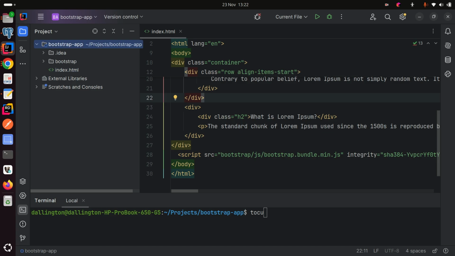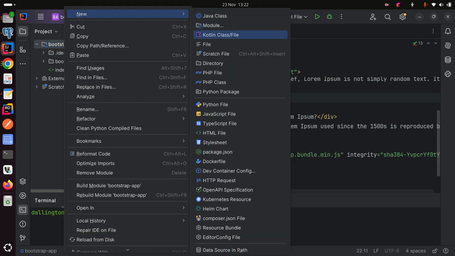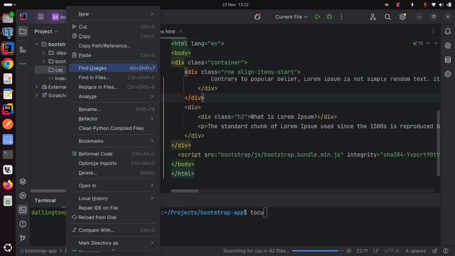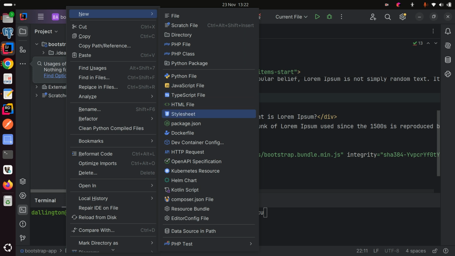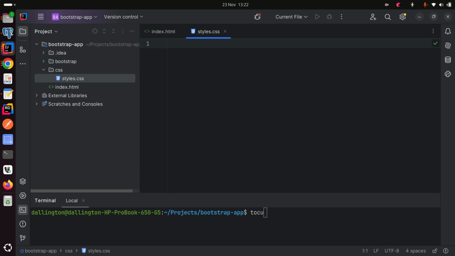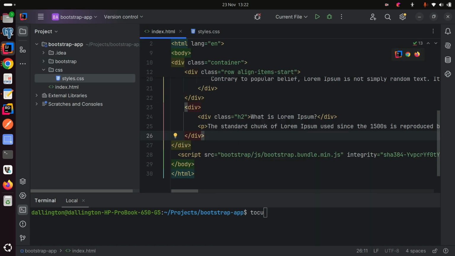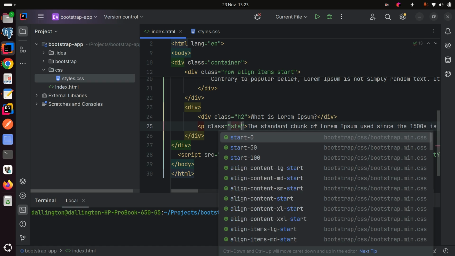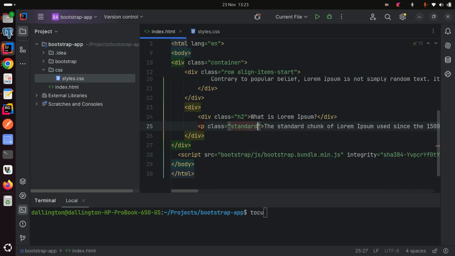So for example, I like using external CSS. So I create a folder here. I call it CSS, and then I create a style sheet. I call it style or styles. So it's here. I can say maybe this one, I create a class, my own class. I say maybe standard. So what I've done is I've created a CSS folder, and I've put a CSS file where I'm going to define my own